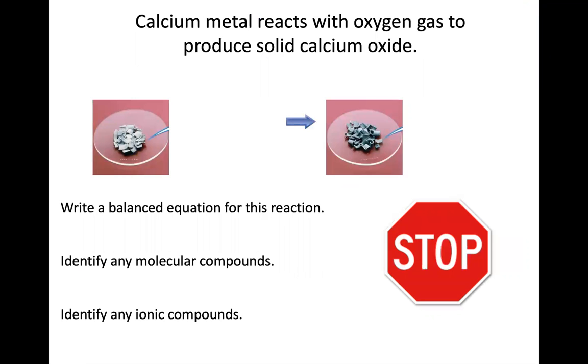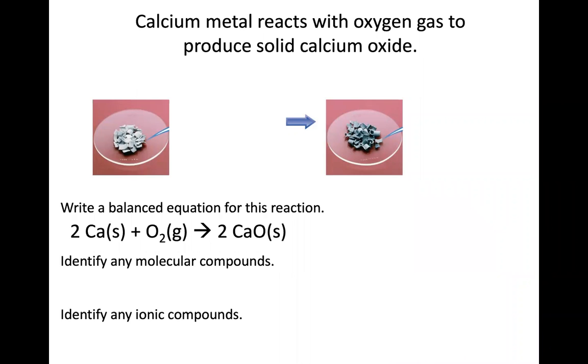Another idea I had within the pre-class video was this one. So I put this in the category of trying to go from a word description to a balanced reaction. Calcium metal reacts with oxygen gas to produce solid calcium oxide. People had some really good questions as far as where they were getting stuck on this. So let me see if I can help out a couple of those. This would be my answer. How do I end up getting my answer? Couple things that I would be looking for.